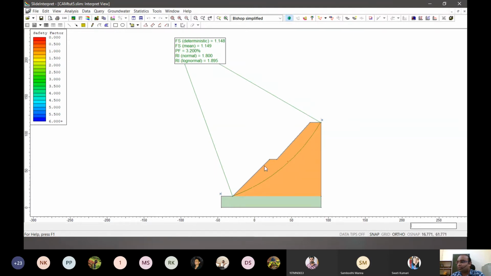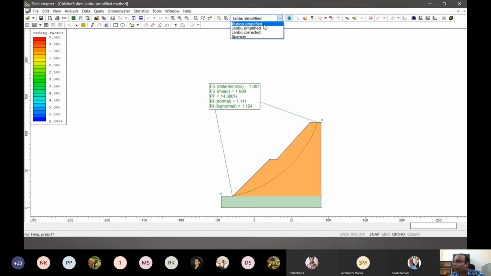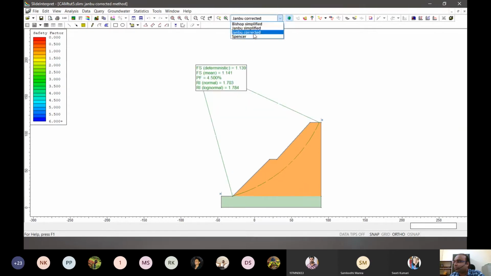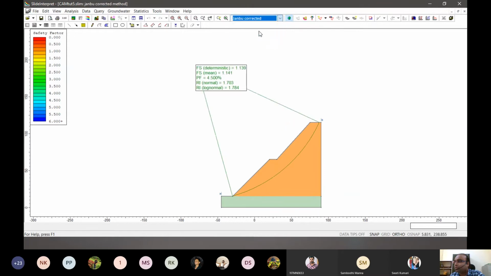This circle represented here gives us the minimum factor of safety circle. We have other methods as well. Janbu corrected is there, Janbu simplified is there, right? We will have different values for those. So let's keep any one, let's say Janbu corrected, and analyze on this part.